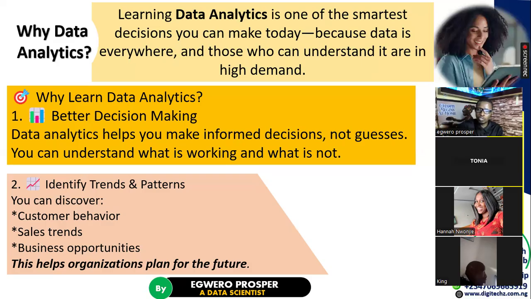People that are following you will gradually get to know that this person is into this. You can never tell. Somebody might be looking for a data analyst among those people that are following you on Facebook, that are following you on YouTube. And because that person has been following you and seeing what you have been posting, the person can just share your link with them. And that is one mistake some of us make. We don't advertise ourselves. You want to go digital, you have to show your face. It's very important. So that's just advice.